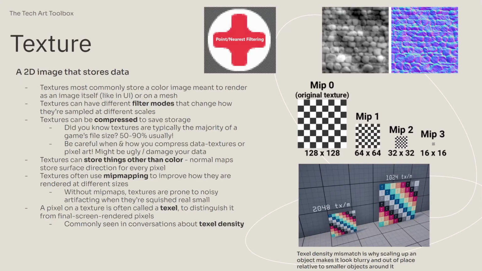And so you're going to want to talk about the texture's pixel separately from the screen pixel. This lets you refer to the pixel that is on the texture differently than the pixel that's on your screen. You'll probably see it most commonly used when talking about texel density. This is essentially how detailed the textures in your game are. This is often measured in texels per meter, or pixels per unit,